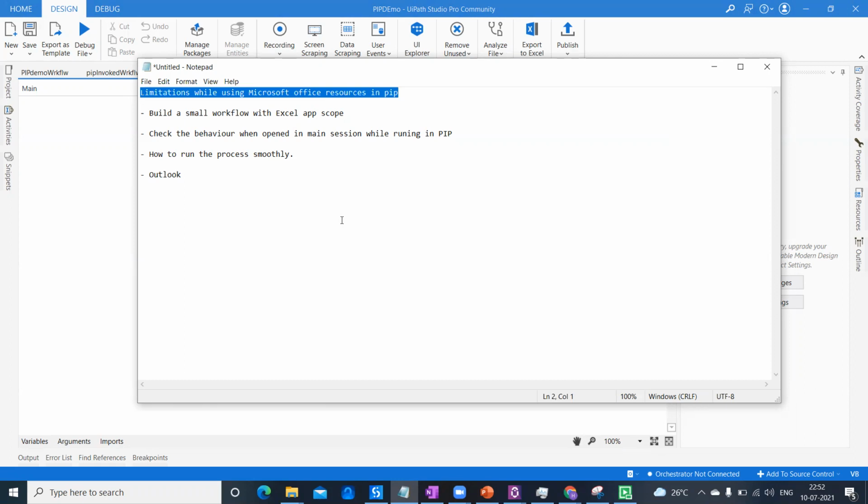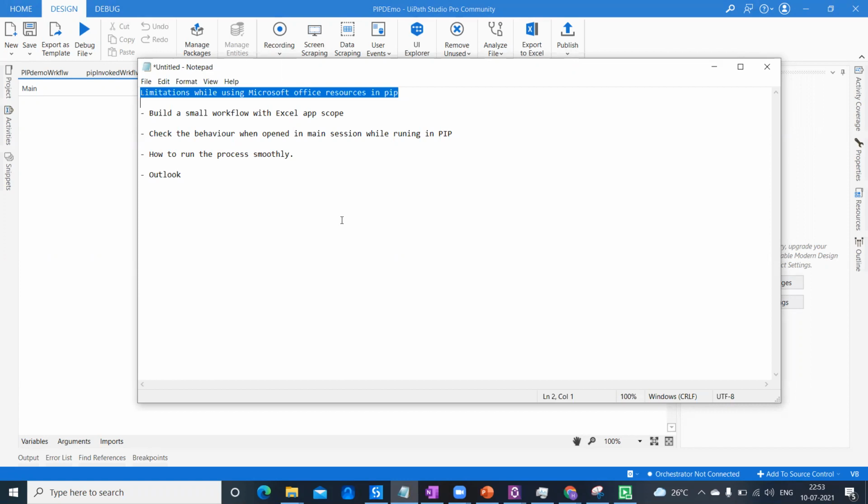Let's say you have an Excel that you are using in your main session, and it is opened. We all know that even if the Excel is open when we are using Excel application scope, that doesn't affect the actions of the robot.